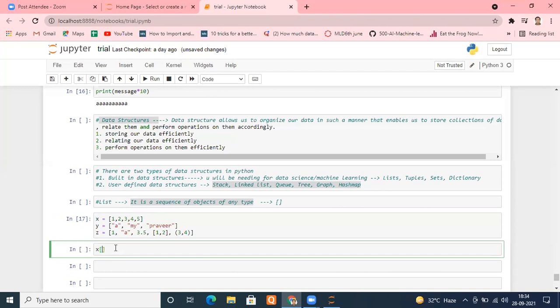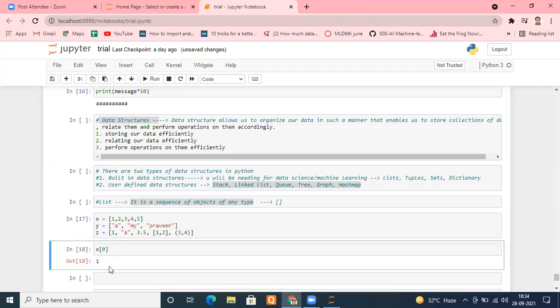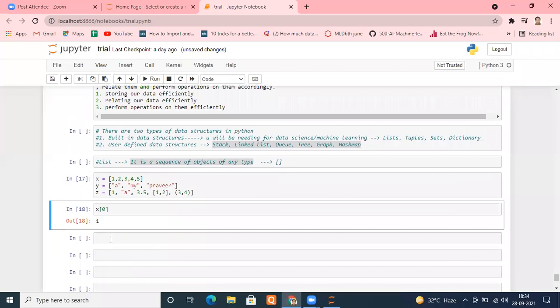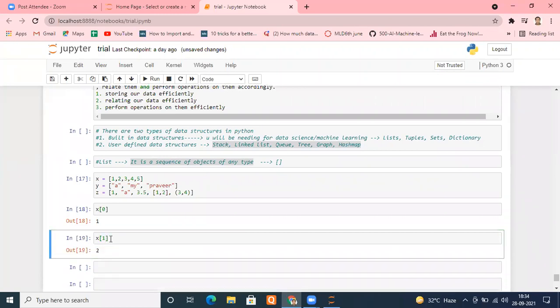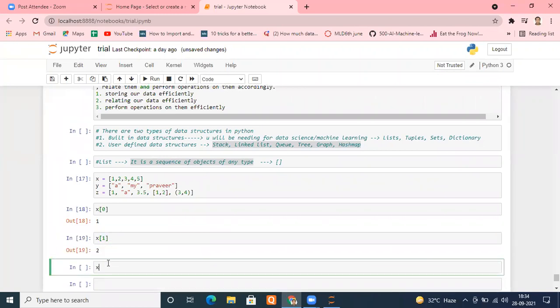Suppose I want to access the first element. How will I access it? I will put index 0. Let me run this. Is it fine? Same way we access strings. Again, X, let me put 1 here, and I'll get 2. Similarly, let me put -1 here.